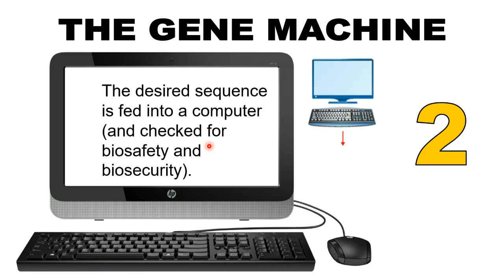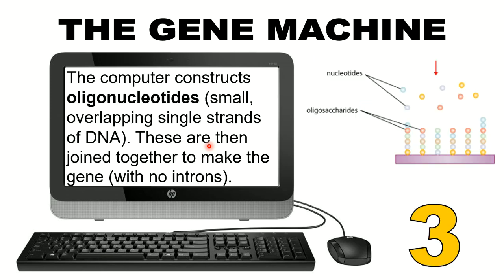What we do is very simple: we type into the machine the desired sequence of the gene. So we type in our sequence like A, T, T, C, C, G, G. We put in the desired sequence of the gene that we have. It could be artificially made, or it could be a known human gene. Just put it in. The computer will check and make sure that it's safe, that there's no hazard and it will not cause harm. Then the computer is going to construct something called